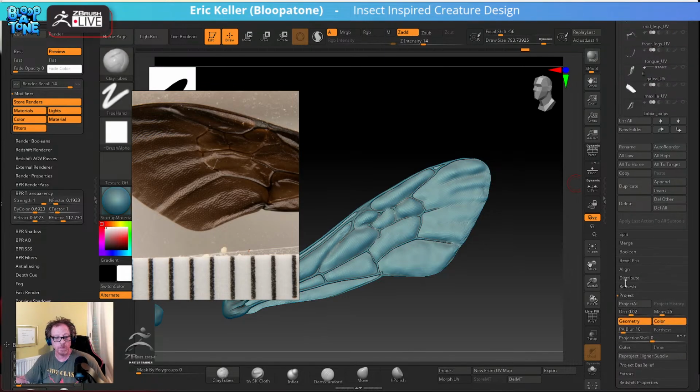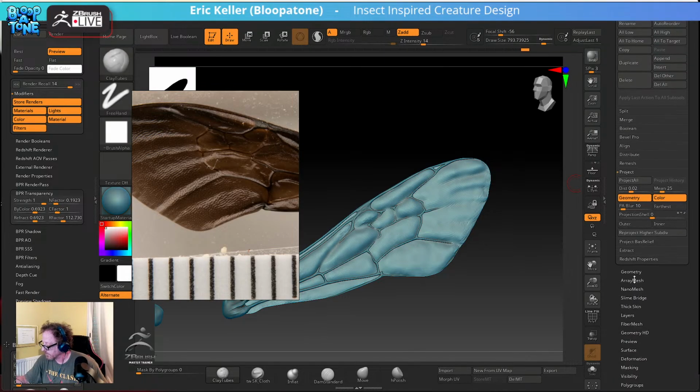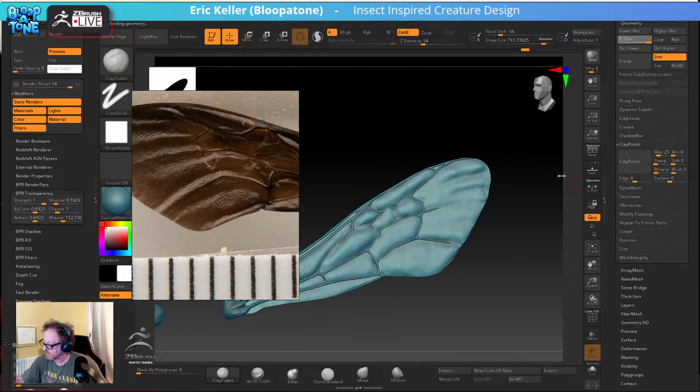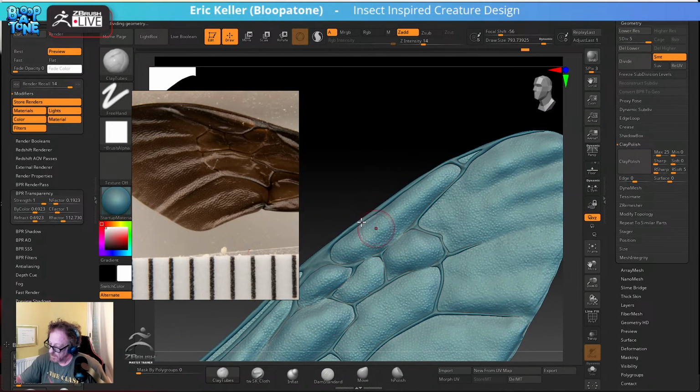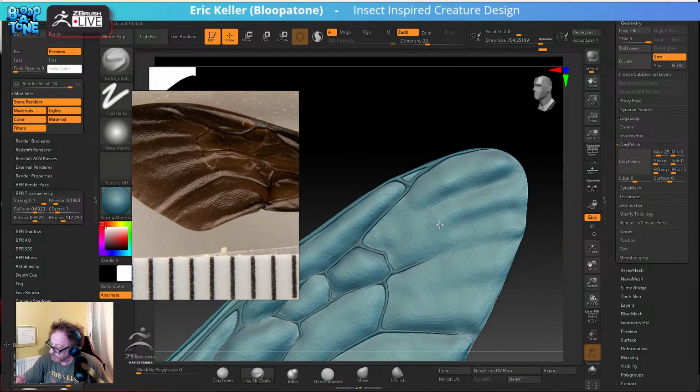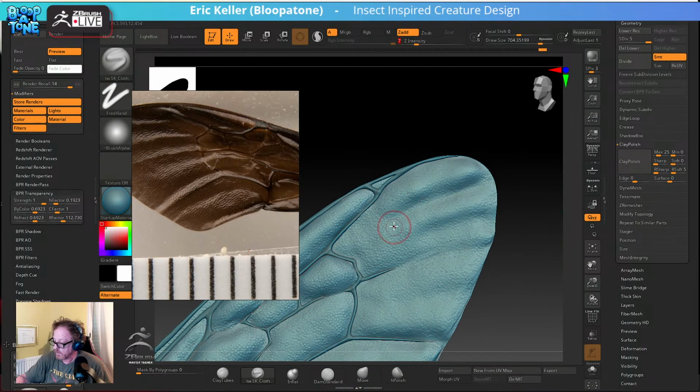Let's see. Nice thing about going to a lower subdivision level is I didn't lose that detail that I sculpted in earlier on the higher subdivision level, so I still have my little pimples there. I just go in here, you lower the Z intensity of this a little bit, and